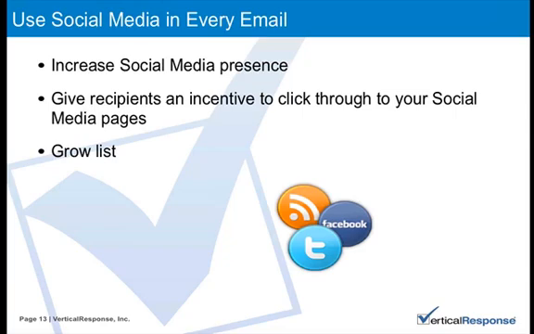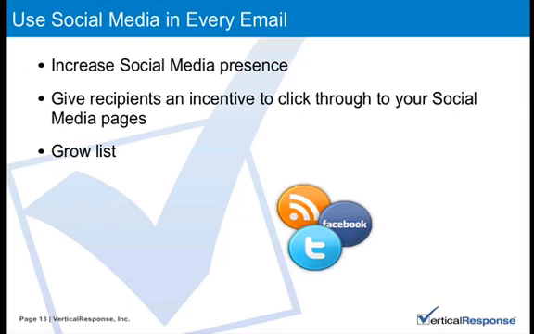But generally speaking, you want to make sure that they understand what the benefit is for them by going to social media, following you on Facebook or Twitter or wherever they're following you. Give them a benefit. It's also a great way for you to grow your mailing list. Again, your information is being shared by a large amount of people out on the internet, and it makes it easy for them to sign up to be on your list if they can see that.